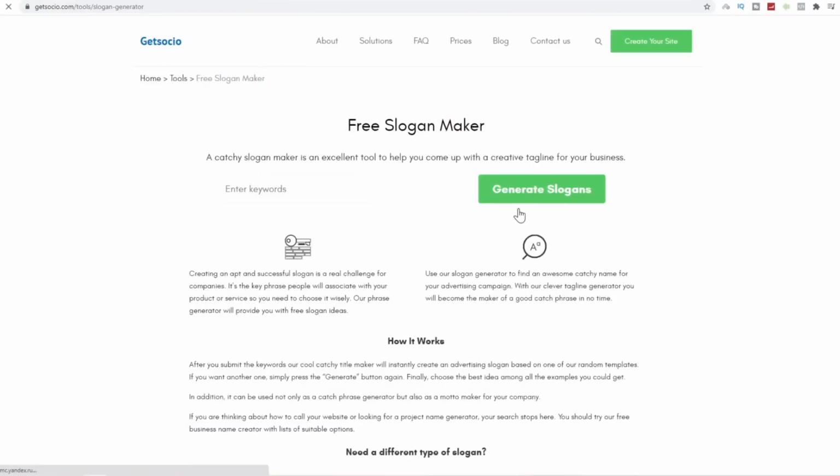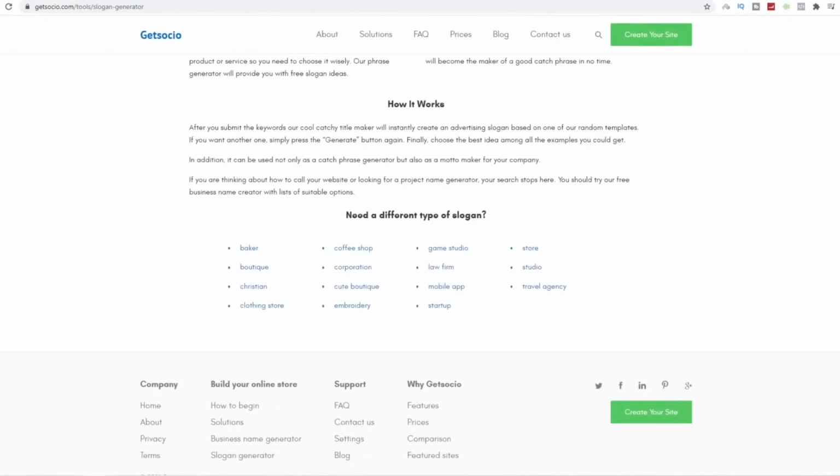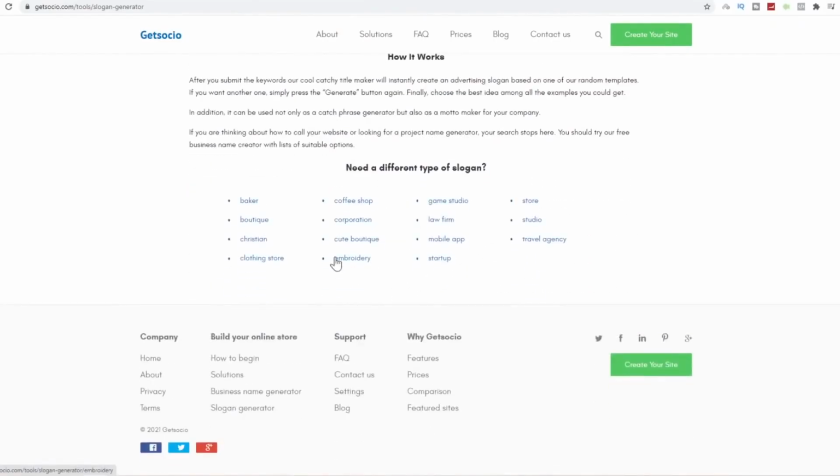But in this case, we're going to be using the slogan generator, so make sure to use that tool over here. If you scroll down before we quickly continue with this, you will see some need a different type of slogan. So you've got baker slogans, boutiques, Christian slogans, cute boutiques, corporations, law firms, mobile apps, startups. This website offers slogans for all sorts of companies around the world, so you don't have to worry about different